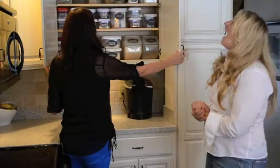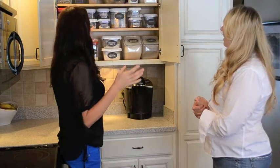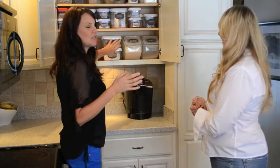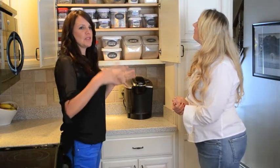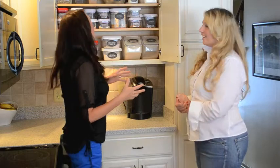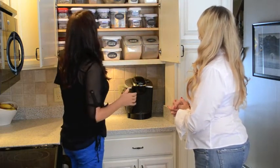And oh my gosh. Are you serious? Yeah. Wow. So the only thing I did here is, you have all these awesome containers and these great labels, and when you have them kind of scattered, it doesn't look quite as organized as when you put them all together. I love it. So what we did is put them all back in one spot, and then on the top